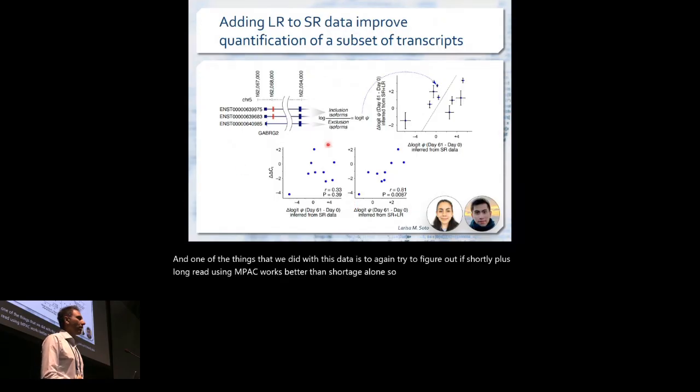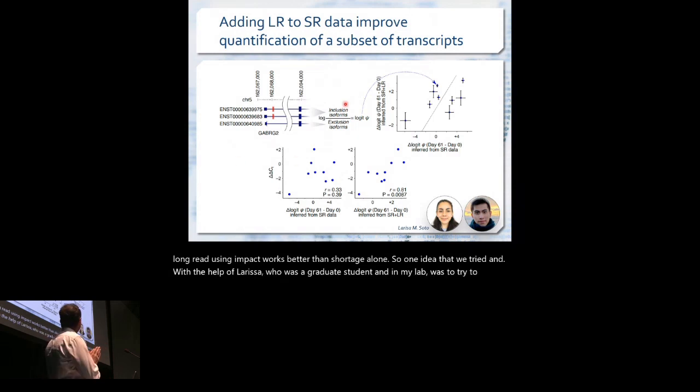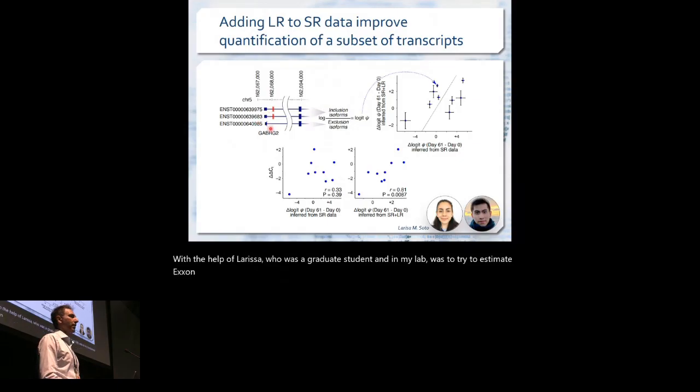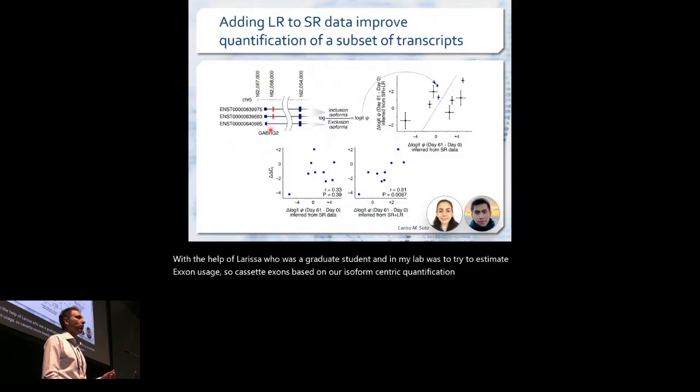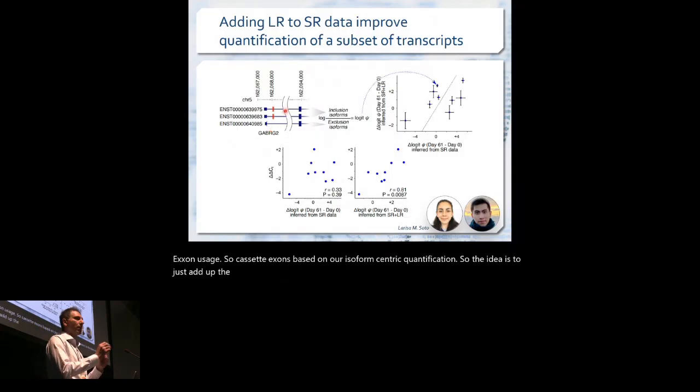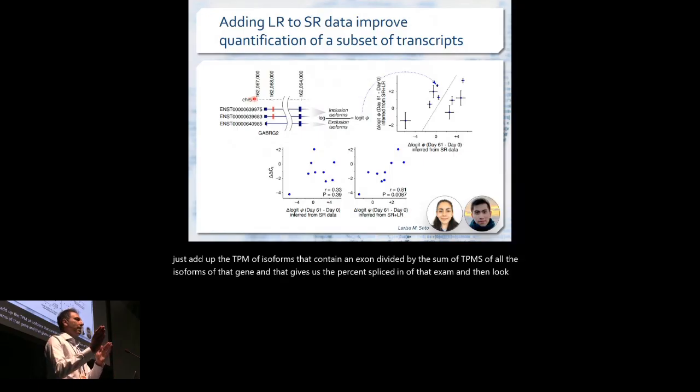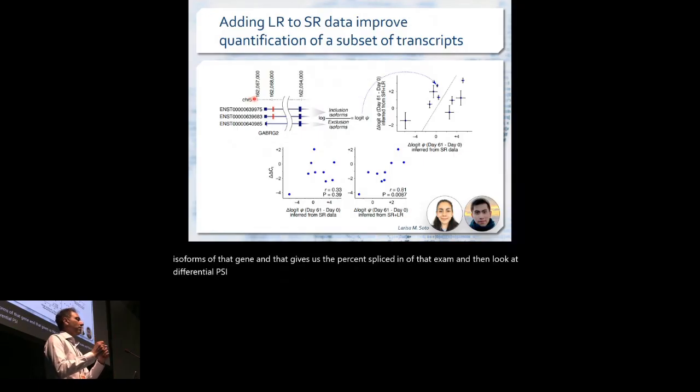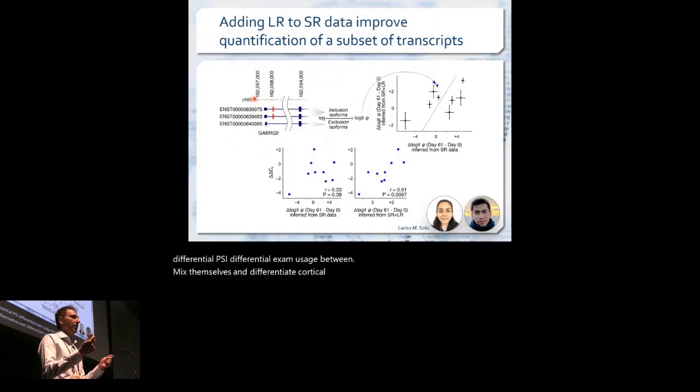So one idea that we tried, with the help of Larissa, who was a graduate student in my lab, was to try to estimate exon usage, so cassette exons, based on our isoform-centric quantification. So the idea is to just add up the TPM of isoforms that contain an exon, divided by the sum of TPMs of all the isoforms of that gene, and that gives us the percent spliced in of that exon. And then look at differential PSI, differential exon usage, between embryonic stem cells and differentiated cortical neurons, so kind of delta PSI,